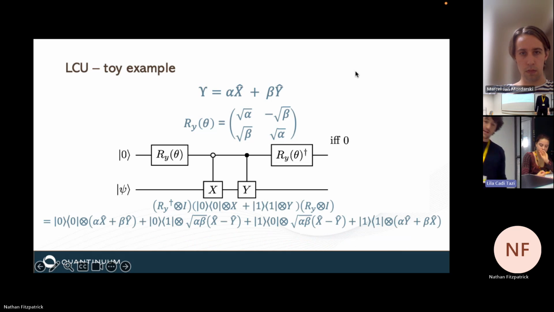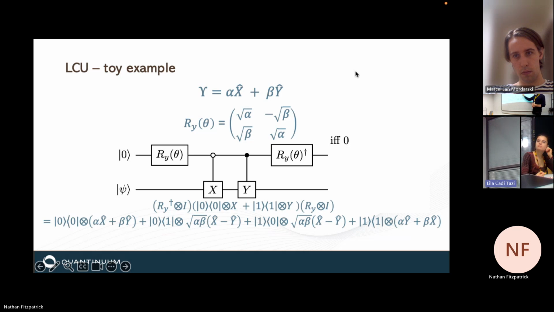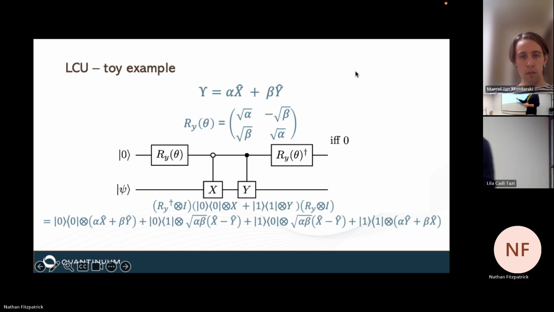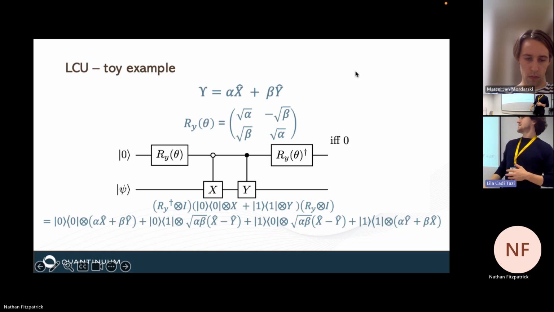So now we have to think a bit beyond the typical LCU picture where they act on the state in this case. We have to start thinking about the entire unitary in the whole for qubitisation and things like that. So if we now don't post select, we just stop here. This is a larger unitary, and you can see what we've done here is this RY is the